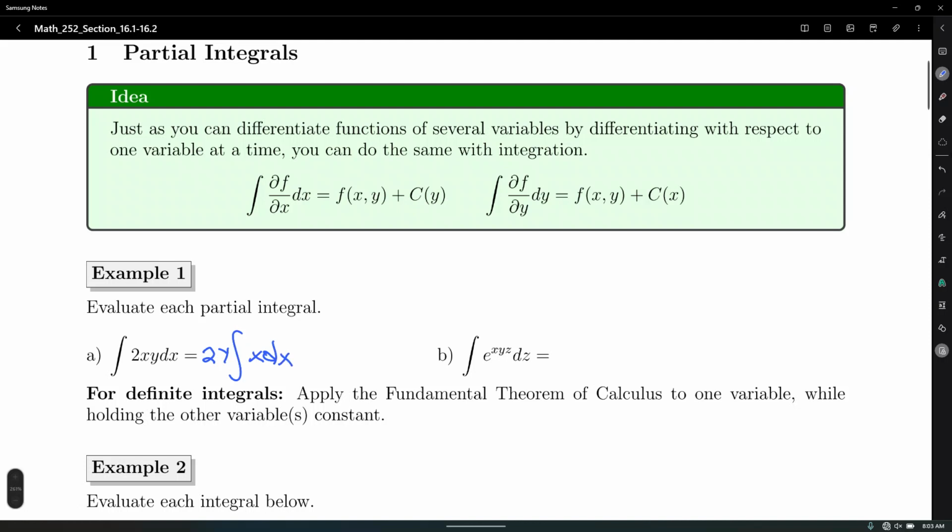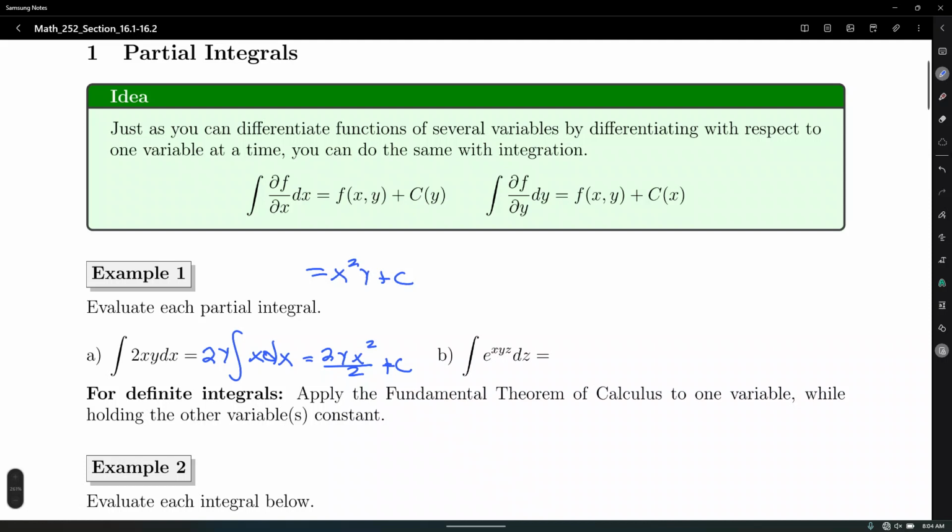And well, we know how to integrate x with respect to x. That's going to give us, well, keep the constant 2y times x squared over 2, plus c, okay? And divide out the 2's, that is